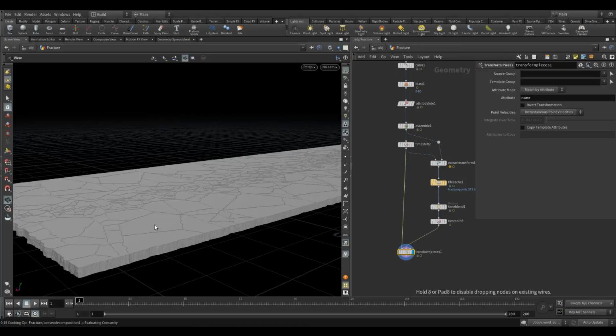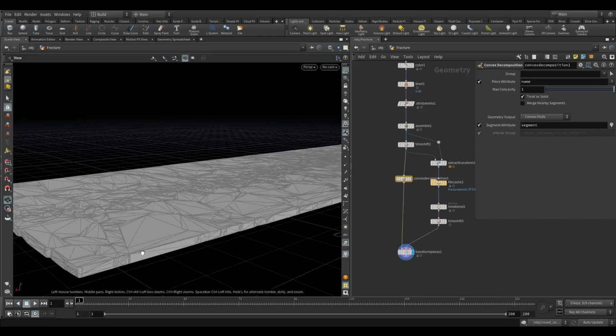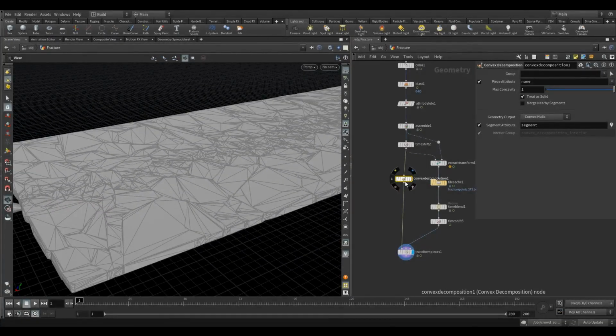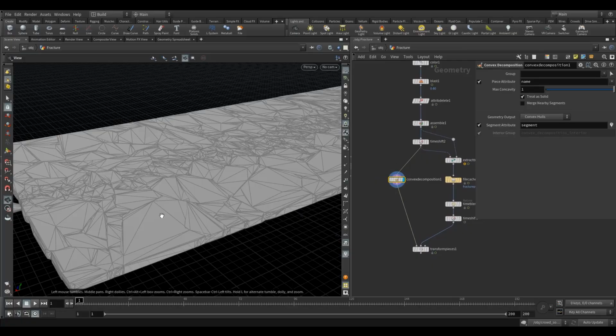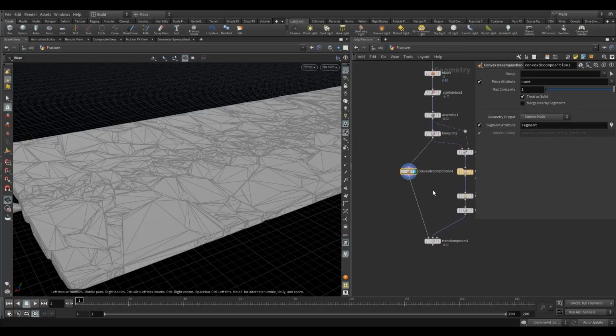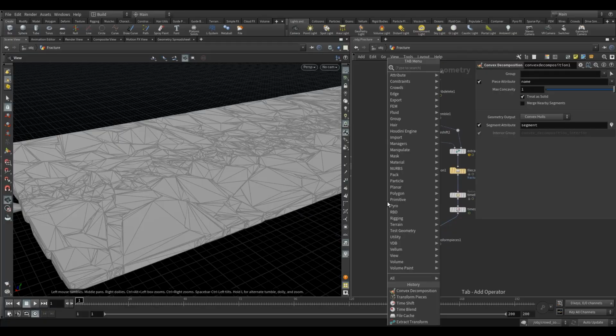This geometry is pretty good anyway. It's not so convex, but it will just simplify it because we got a lot of points, right? You can see that what it'll do is break down your geometry into convex pieces. And then I'm going to pack this up,